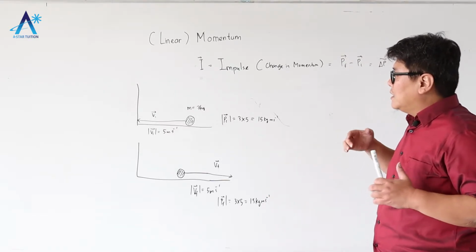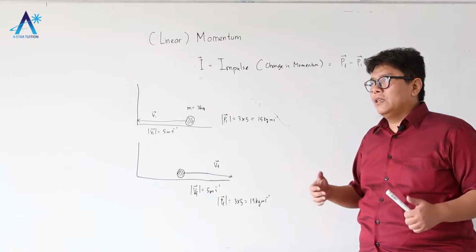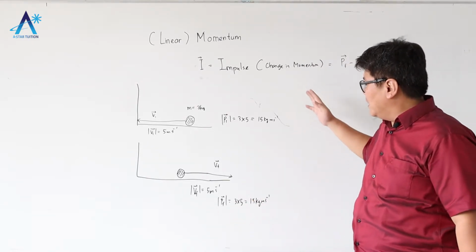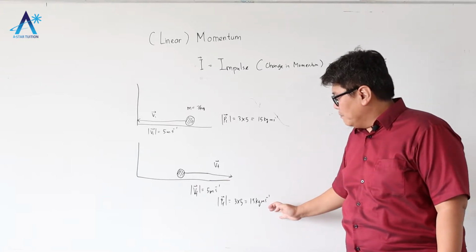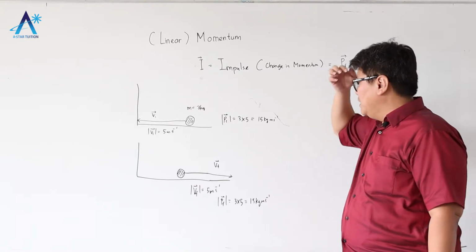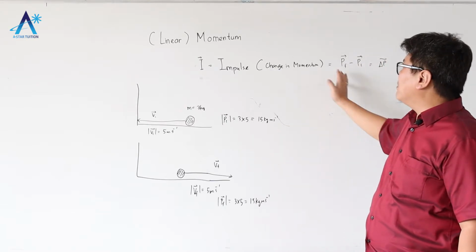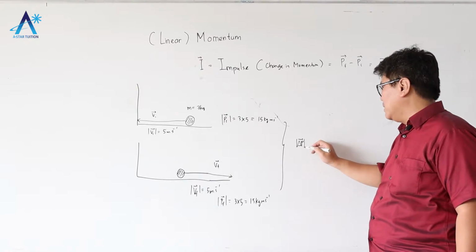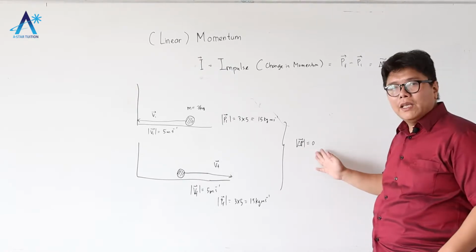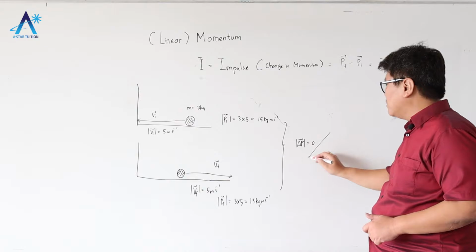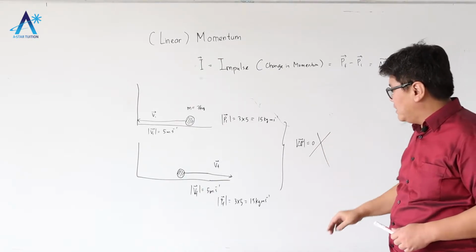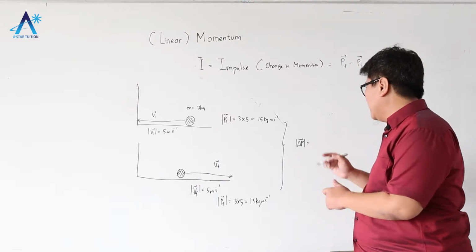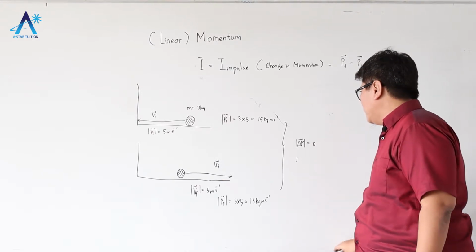So a common mistake encountered by students when they learn momentum for the first time is that they subtract the initial magnitude of momentum from the final magnitude of momentum, and they say, okay, the change in momentum is equal to 0. Now this is a common mistake. So that's not the answer. So it's not 0. Well, in this case, the magnitude of P final minus P initial is 0, but delta P